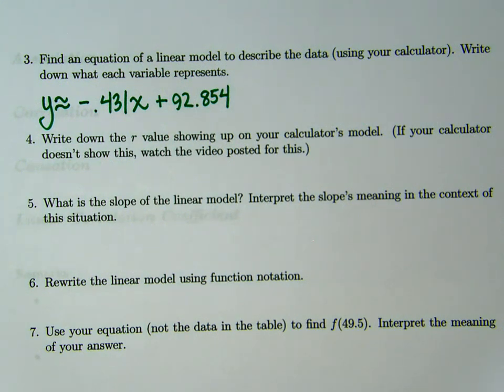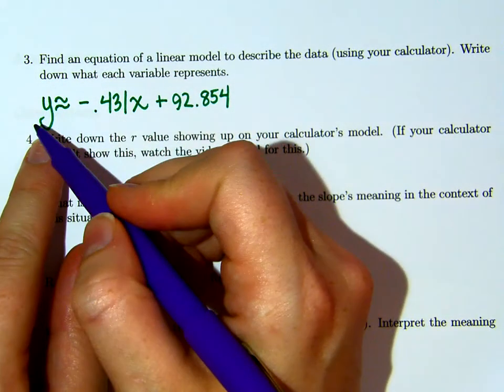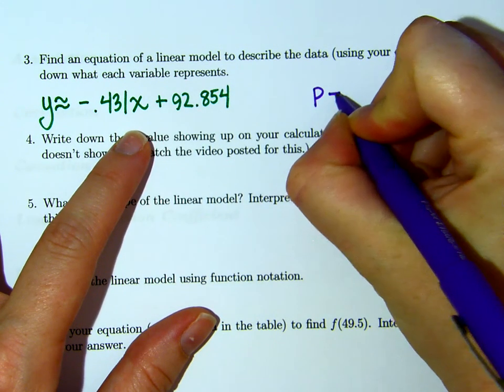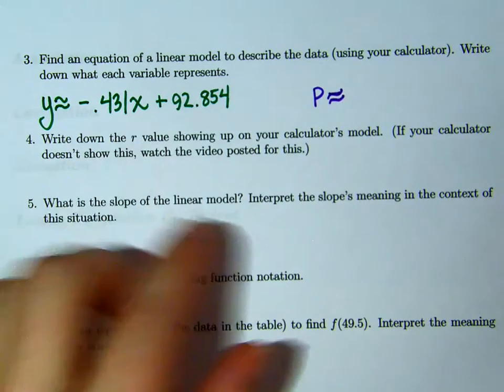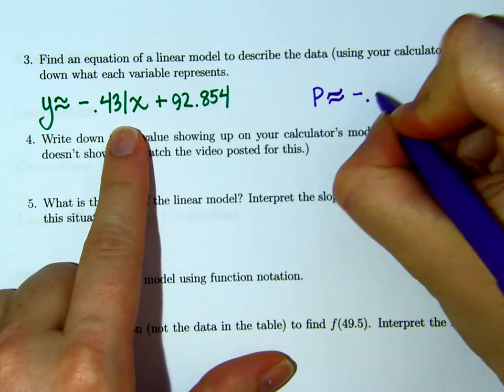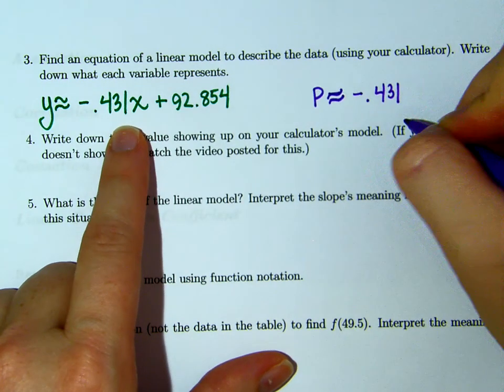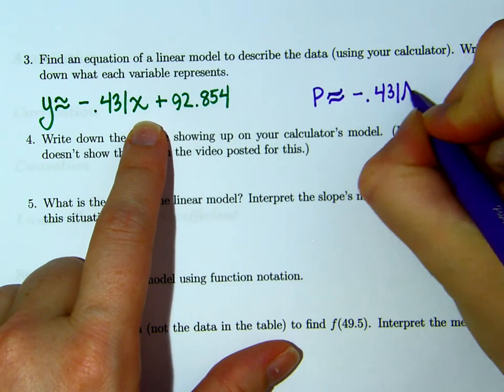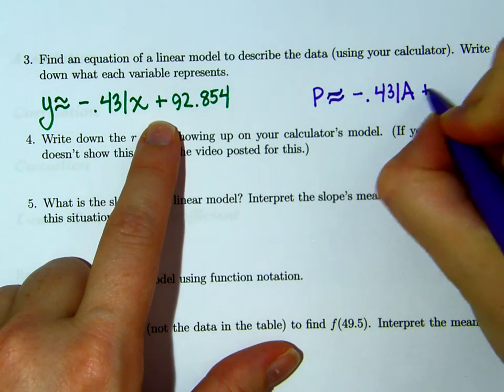Okay, so I kind of like this and I kind of don't. So what I mean by that is it's so abstract. I don't know what y represents and I don't know what x represents. So I'm actually going to go ahead and change this just a little bit to being, okay, what was y? Our response was the percentage. So I'm going to use p for percent. It's still an approximation. And negative 0.431. And what was the explanatory variable? Age. So I'm going to go A. A for age. Plus